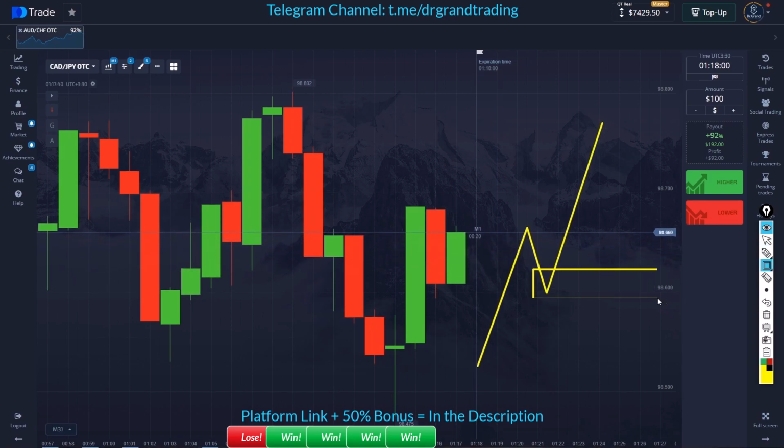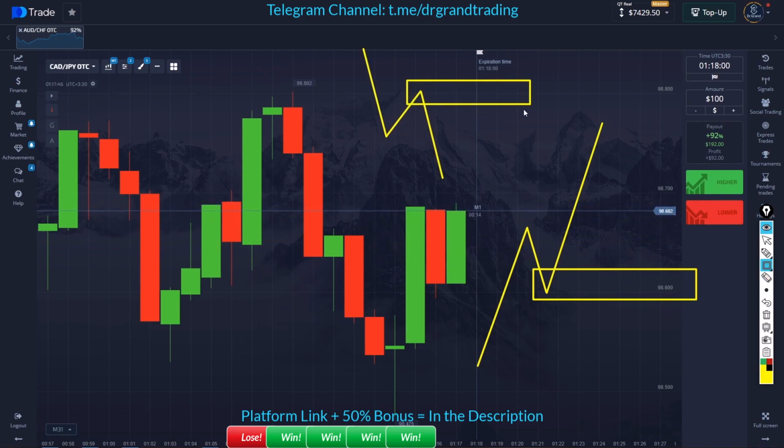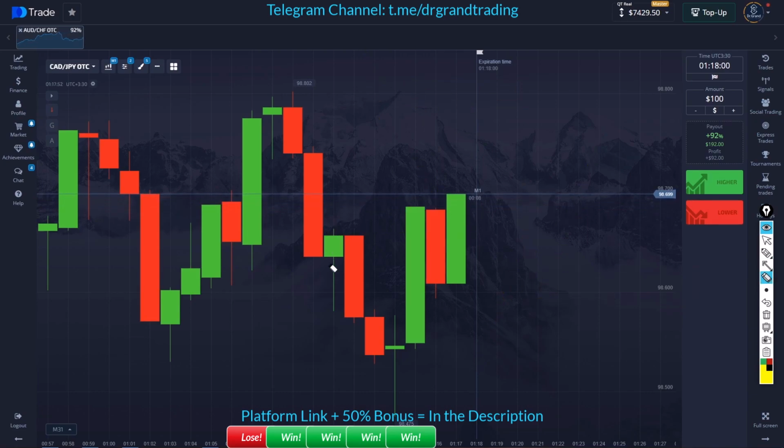ABC, this is the demand area for the buy, and when you have ABC as a sell, this is a supply area. So when the bars cross this and close above this, sellers can enter. And make sure you look at the markets, the candle movements, because for example, when you have this candle